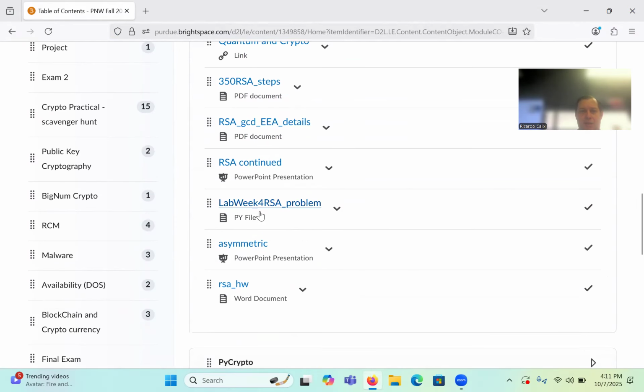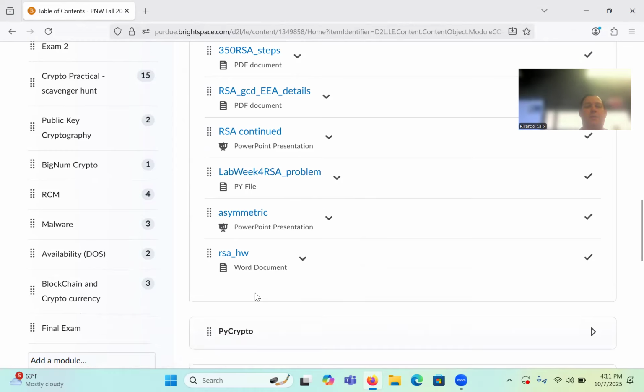Okay, this is a Python script. This is also on the GitHub that we're going to be using for the lab. And then there's going to be the homework assignment. Okay, so